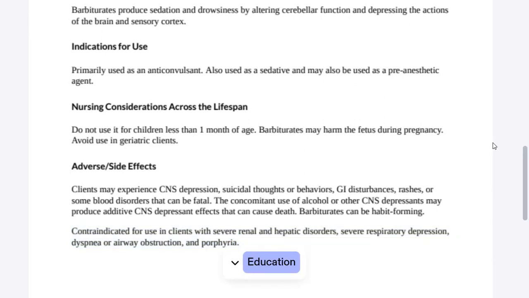Client teaching and education. The client should be advised to take the prescribed medication as directed. Clients who undergo prolonged therapy should not discontinue treatment abruptly, as this may cause the onset of seizure activity. These medications may cause drowsiness and should not be taken with alcohol or other CNS depressants. Female clients using oral contraceptives should also use non-hormonal based contraceptives during therapy involving barbiturate use. Overdosage. The onset of symptoms following a toxic oral exposure to phenobarbital may not occur until several hours following ingestion. If an overdose occurs, consult with the Poison Information Center.